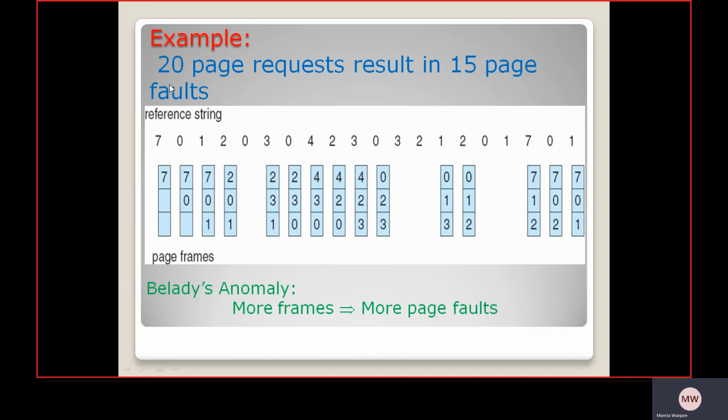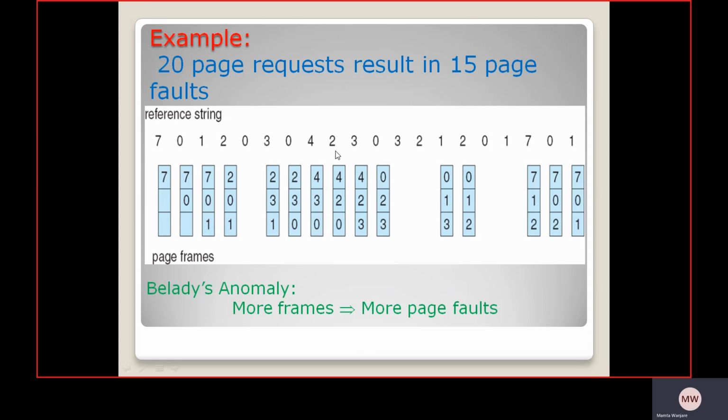First in first out, so that is the old page. Replace that 0 by 3, so 2 3 1 is there. After that you place 0, so remove 1, that is the old page, and put 0 here. Then go for 4, remove the oldest value, so 4 3 0 is there. Then go for 2, remove 3, so 4 2 0 is there.